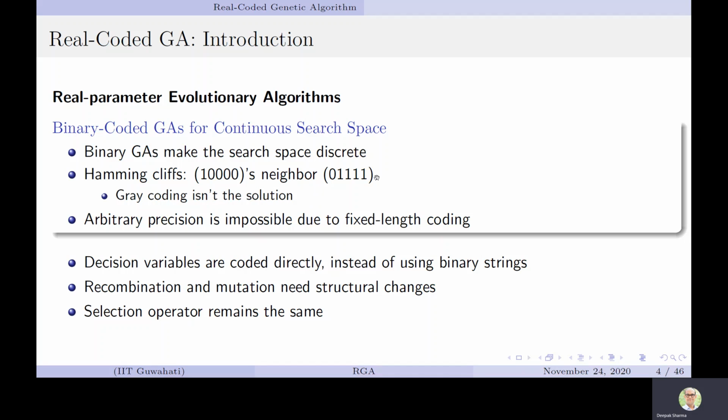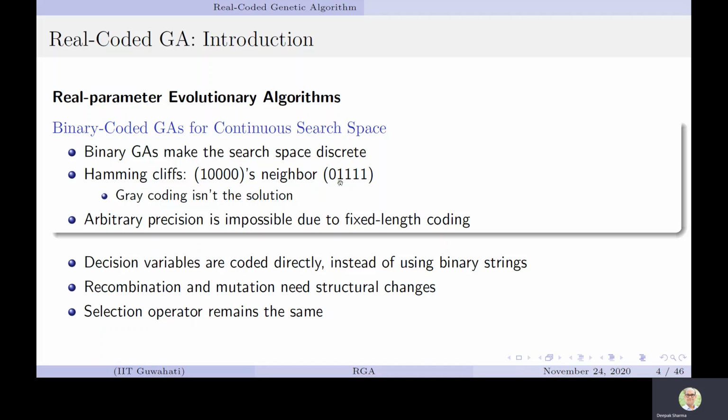But if we look at these binary strings, they are totally different. For example, for the first binary string, I have to mutate each and every bit, then only I will get the second. So let us assume that the optima is lying at 10000, the first string,